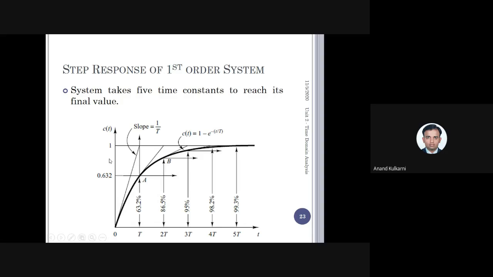Suppose your body temperature is 100 degree Fahrenheit. That means after waiting for 10 seconds, it will show only 63 degree Fahrenheit. If you wait for 20 seconds, it will show 86 degree Fahrenheit. If you wait for 30 seconds, it will show 95 degree Fahrenheit. And so on, after 5 times the time constant, that is after 50 seconds, the temperature shown by the thermometer is 99.3